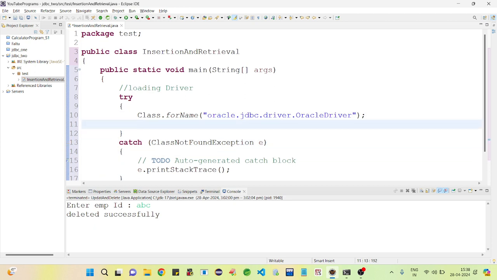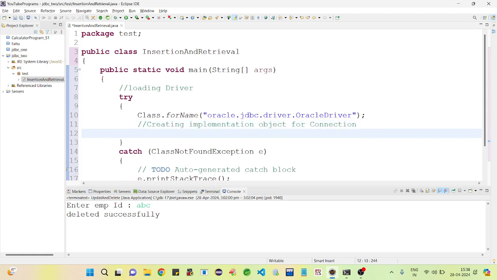second step, creating implementation object for connection, or creating connection.